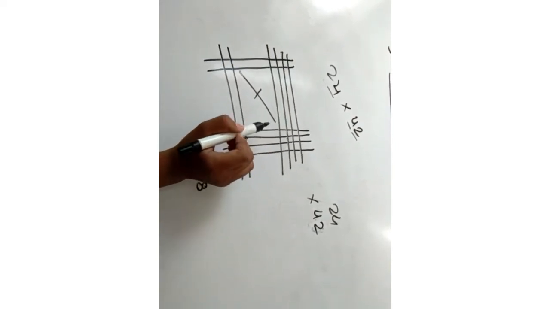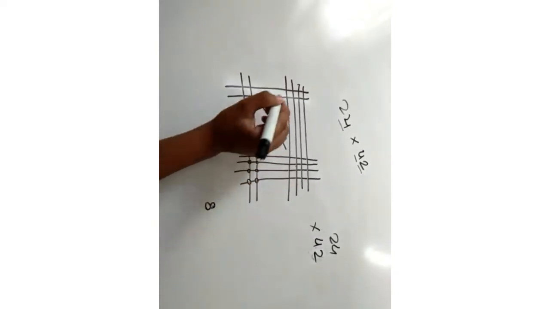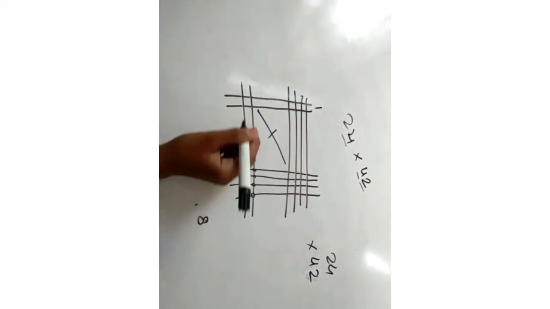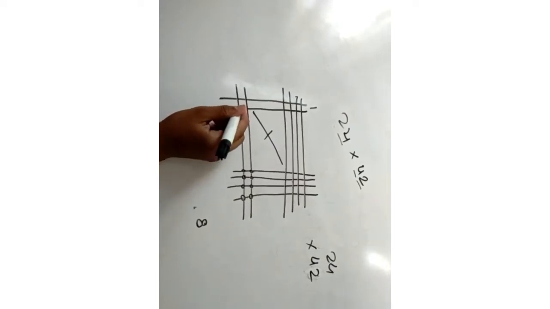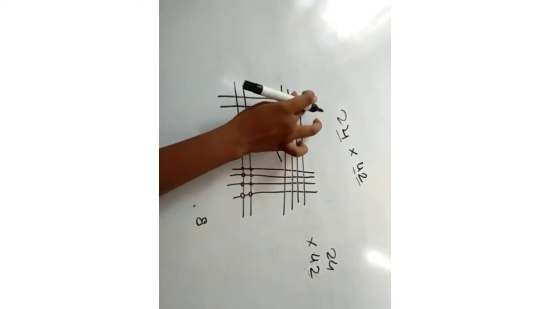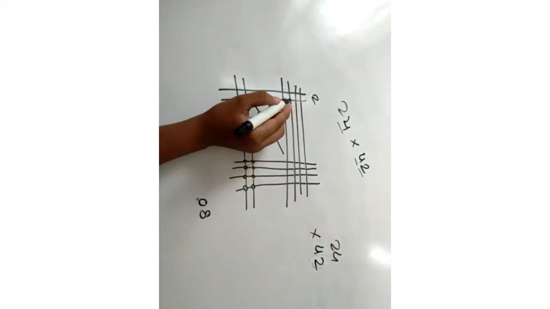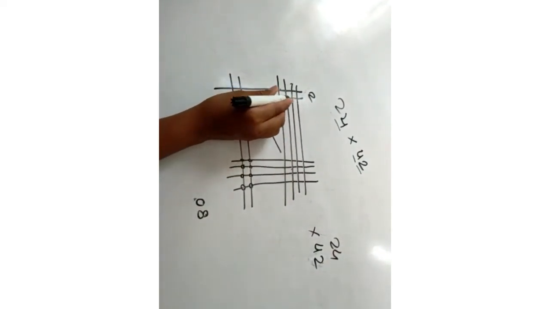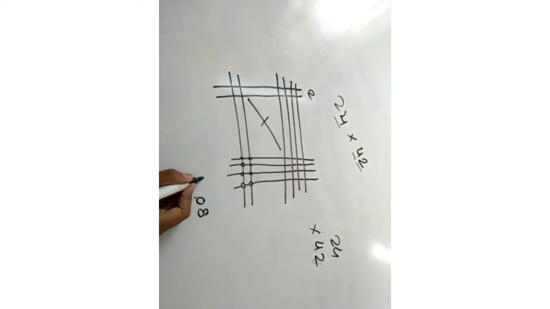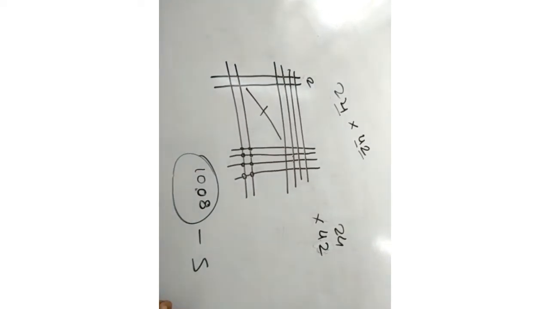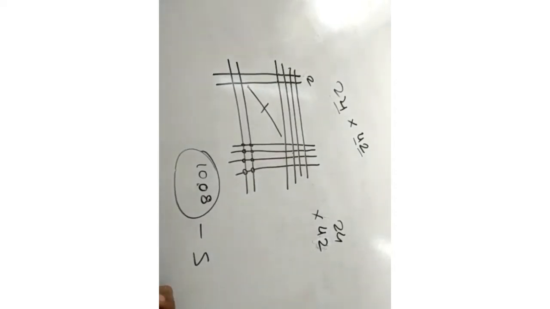If there is a number with more than 2 digits, we have to carry over. So 1 here and 6, then 16 17 18 19 20. So 2 here, 0. Now count this, 1 2 3 4 5 6 7 8. 8 plus 2 is 10. So here is the answer in just 5 seconds. You can check it on a calculator also.